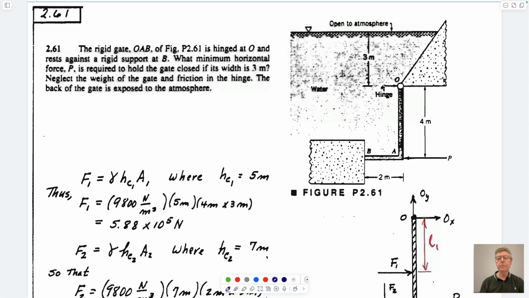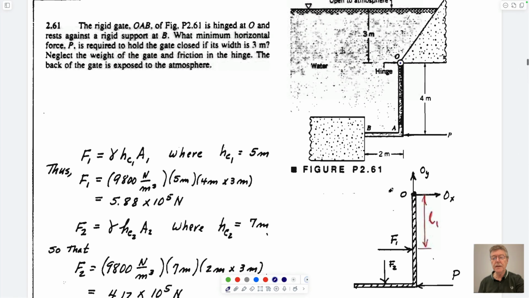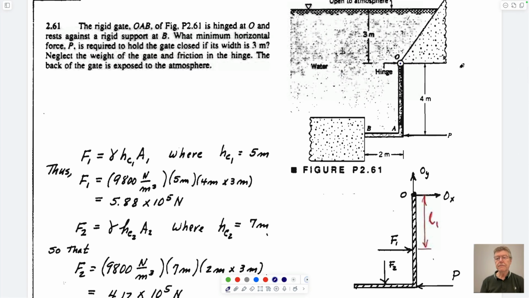So perhaps a little more complicated. Same idea though. You've got water behind some kind of structure. The structure has a hinge here, is able to rotate with the force of the water, pushing it towards your right in this direction. And to stop that, you need to apply a force. So what we need to do is define a free body. And that free body